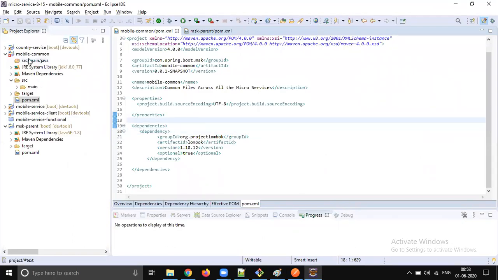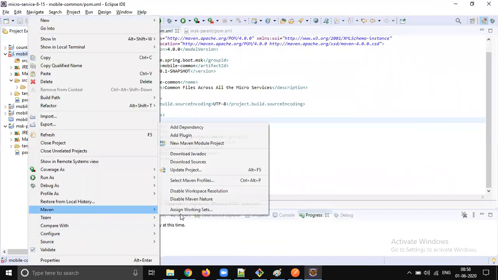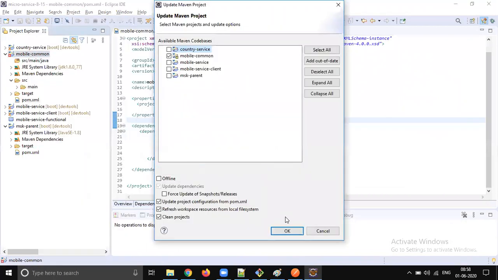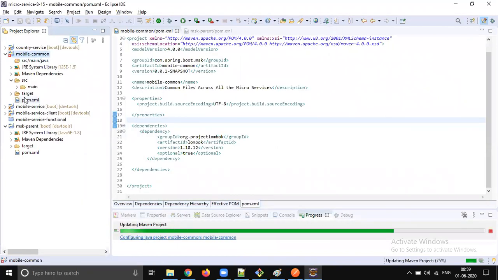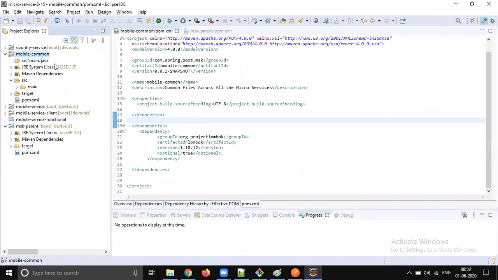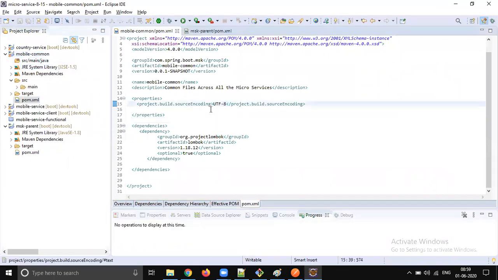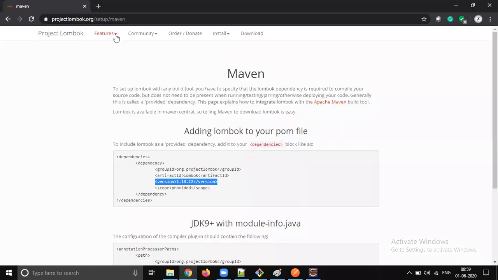Back we added. I think I need to do manual update so that that error will be gone. Just click copy. Why is it changing to 1.5? I think we need to change Java version to 1.8. Okay, so there is one sample snippet that needs to be added.